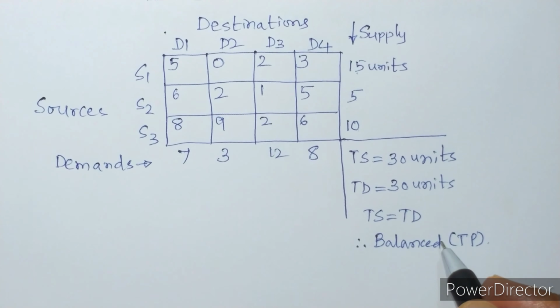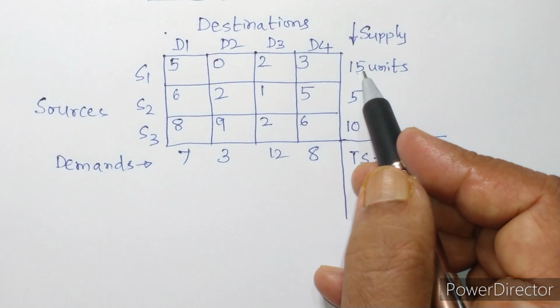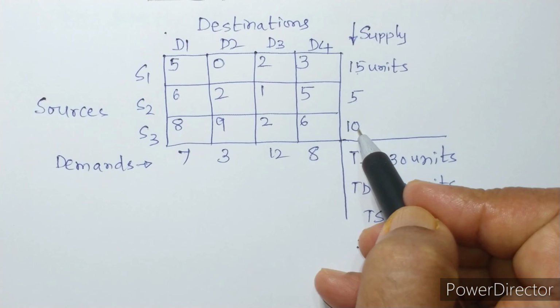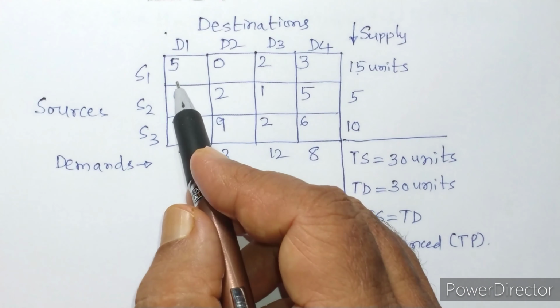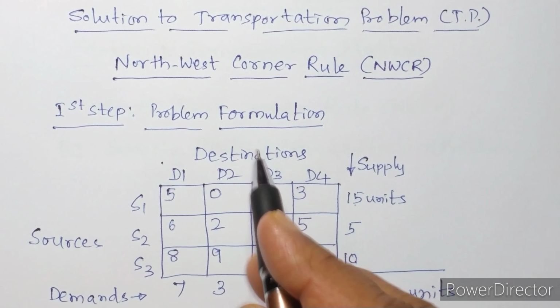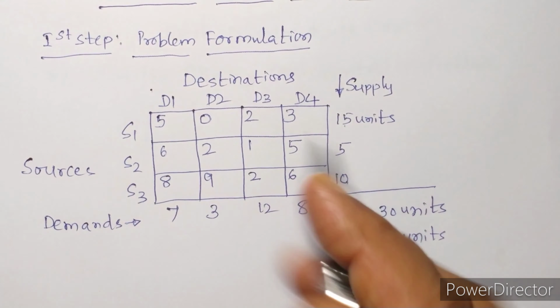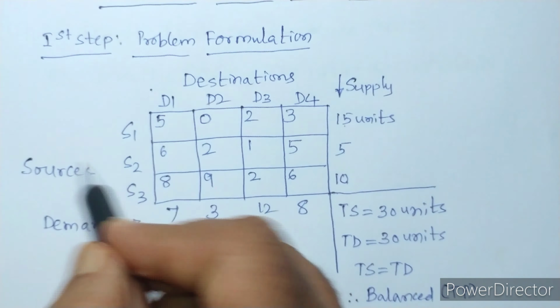So first, to get the basic feasible solution, we have to allocate these produced units to the dealers, depending on the position of the cell. The northwest corner rule, what we are considering here, takes the position of the cell and then does the allocation. So here the northwest corner. North is this side and west is the left side, and northwest corner means this is the first cell what we have, and we have to allocate the number of units to this cell now.